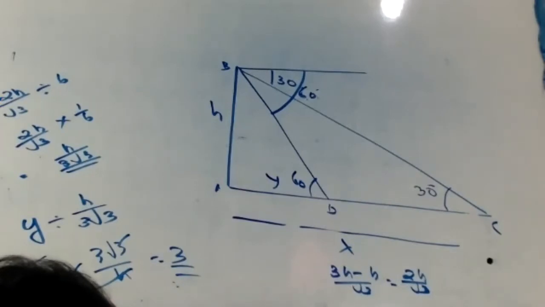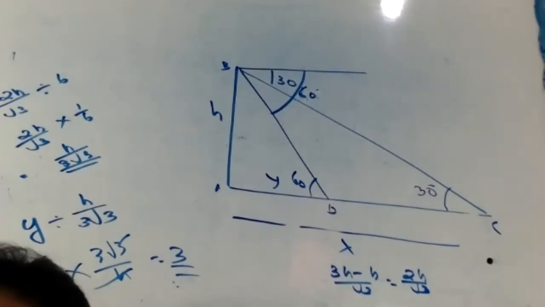observed from a point A on the ground is 60 degree. And the angle of depression of the point A from the top of the tower is 45 degree. Find the height of the tower.